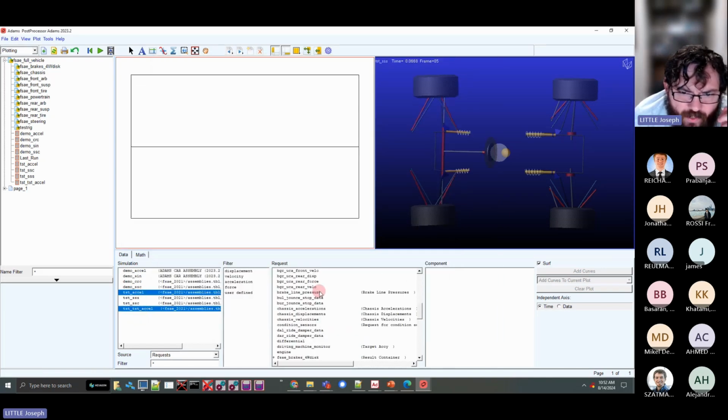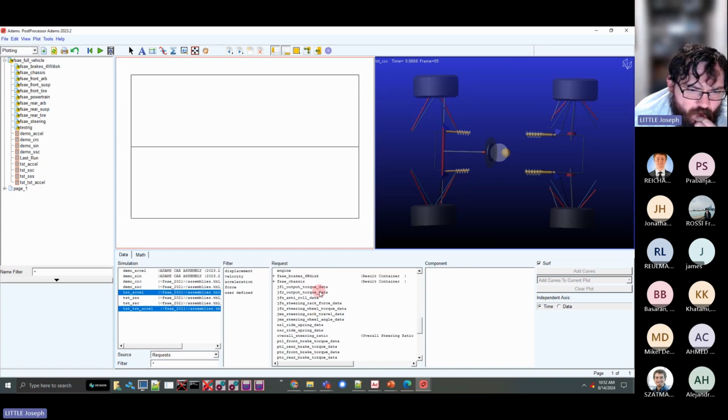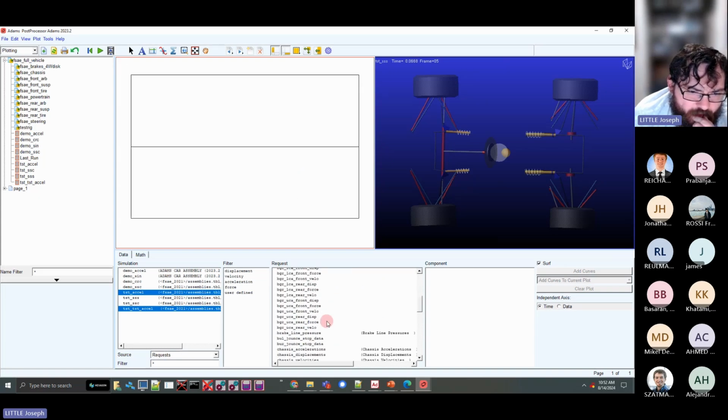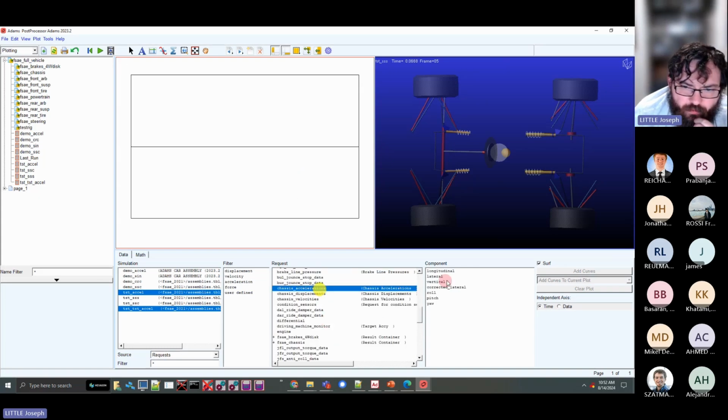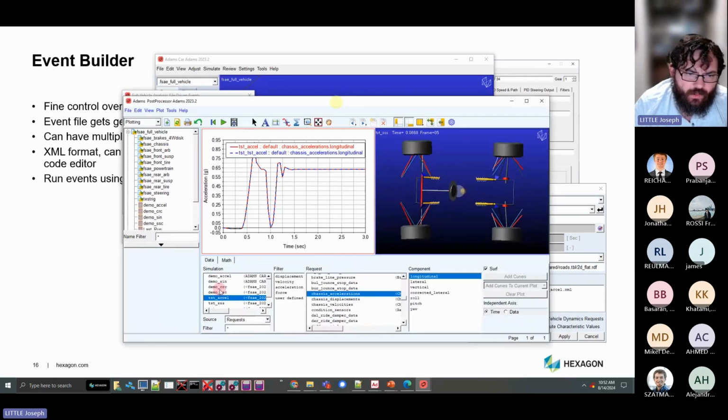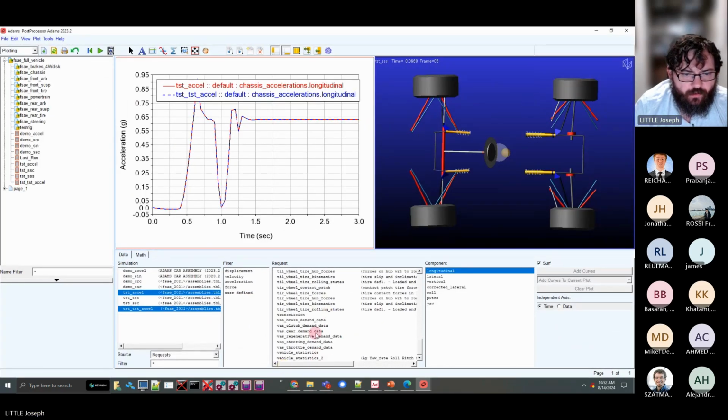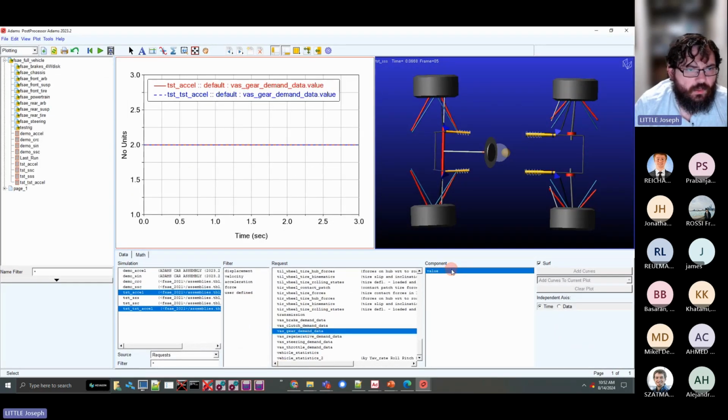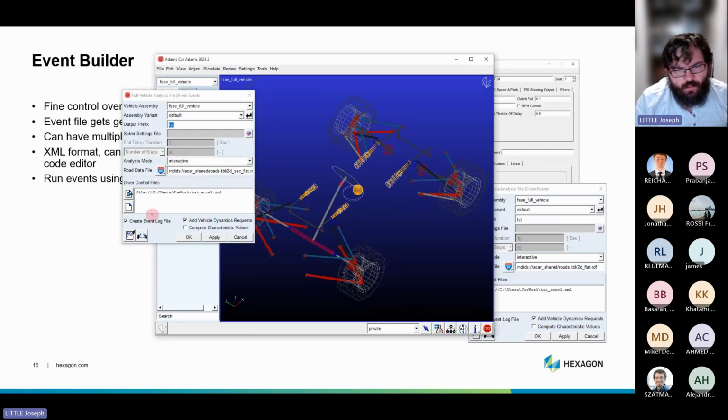And then if you look at something like the acceleration, because one shifts and one doesn't. Okay, so yeah, I think I flubbed that one. Not sure why. Let me look at the actual gear demand data and see if it changed. So it just stayed in second gear. Unfortunately,